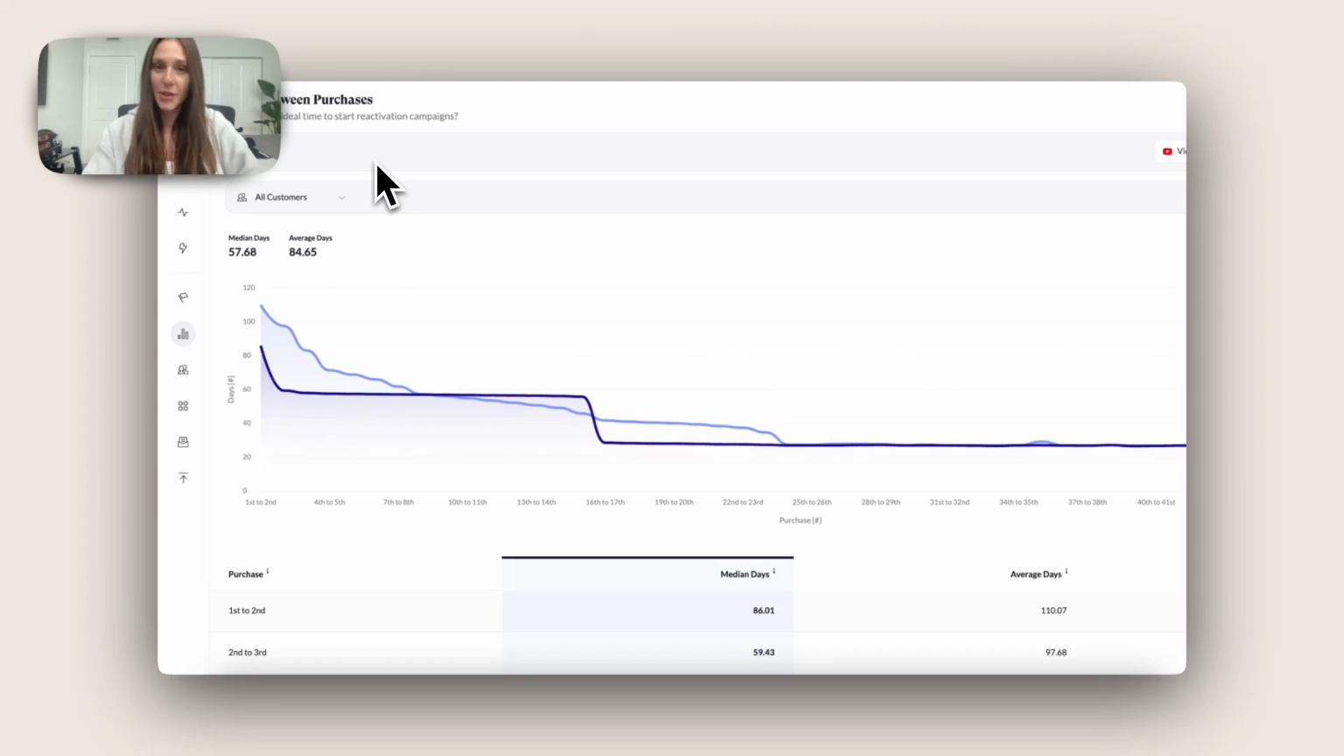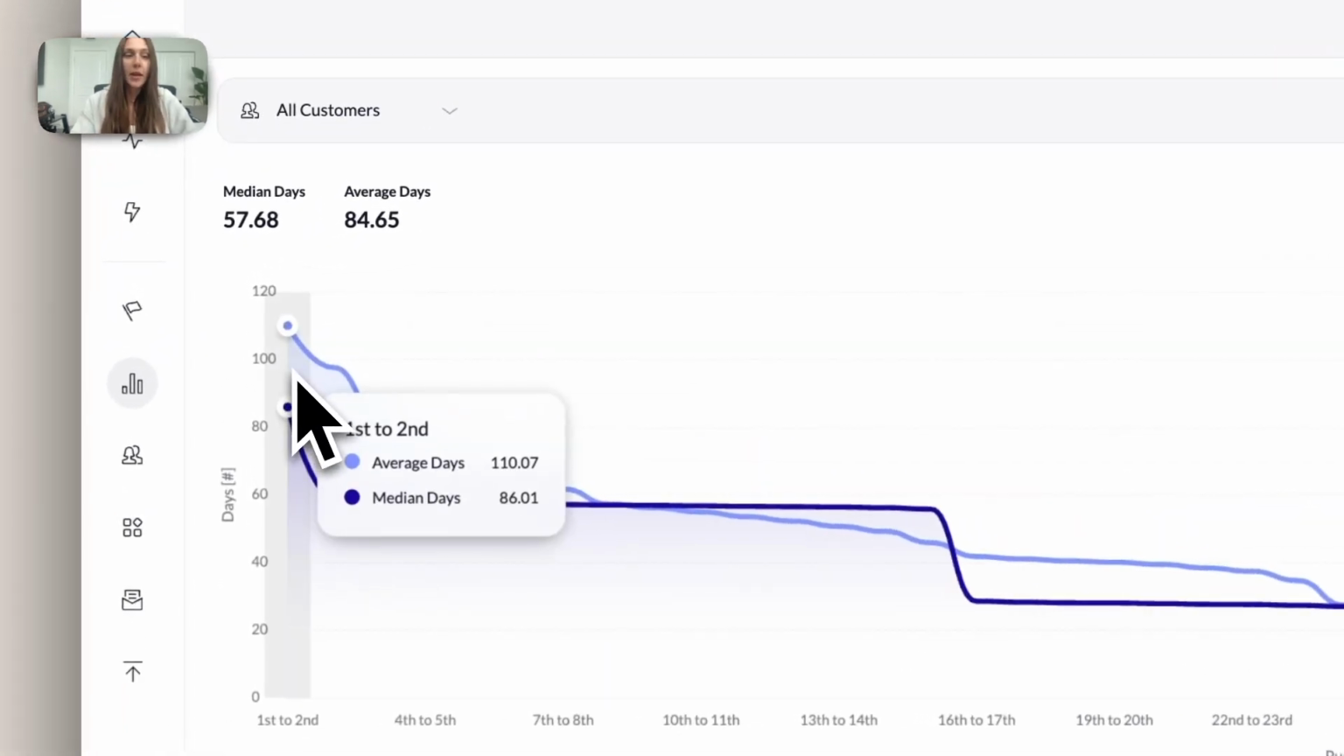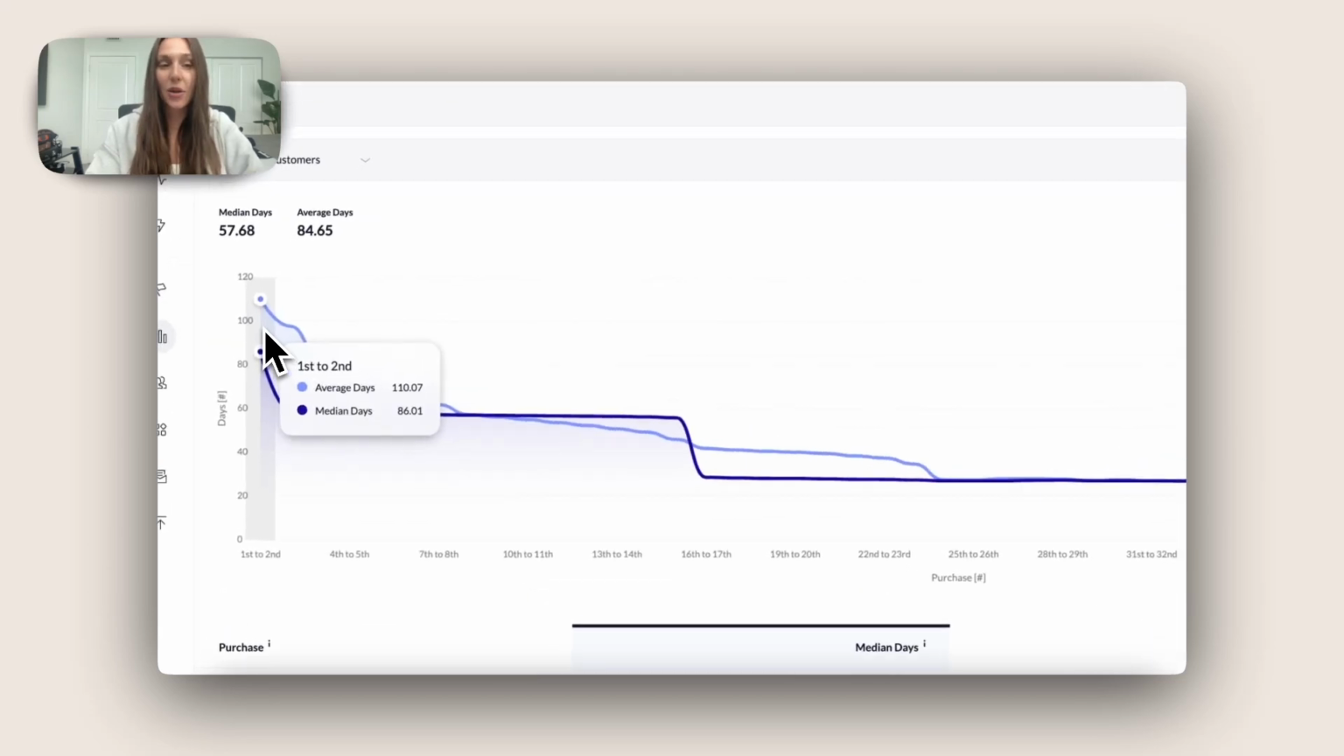The time between purchases report allows you to understand when your customers are naturally going from their first to their second to their so on order, so you really know the appropriate time you should be contacting them for that next order. If we first take a look at the first to second order metric here, what we see referencing the data in this test account is that it takes these customers 86 days to go from their first to